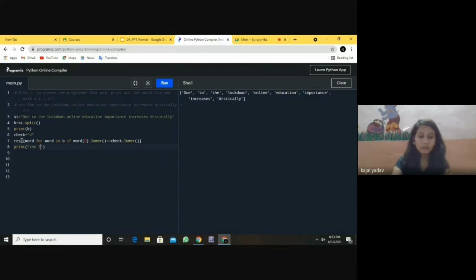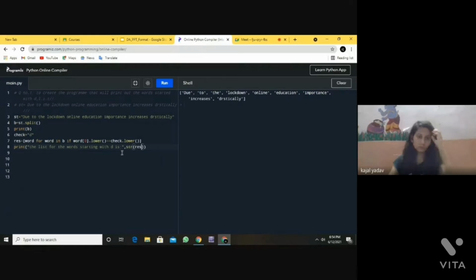We write the print statement as: list of words starting with the letter, and we are giving here the parameter as string of result.